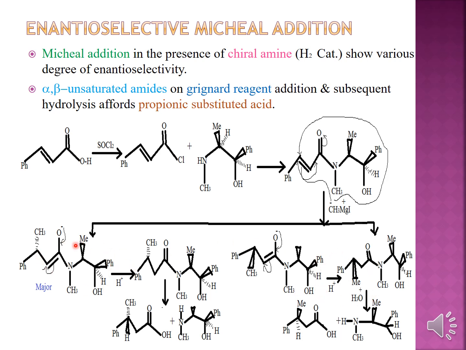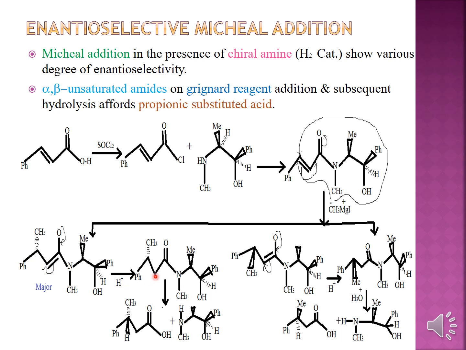And then if you go back over here, the same thing happens again. There is a backside attack. When this CH3 minus comes and attacks towards your back, this bond shifts, and one of the double bonds shifts over here. So here there is a generation of a new bond, and then this bond shifts, resulting in the O minus. Once you get back your O minus, again this charge shifts, makes a bond, this bond shifts, making it a carbanion, and then upon hydrolysis,